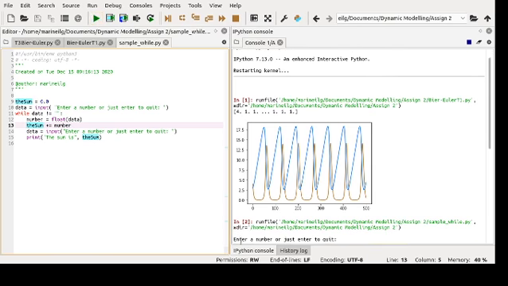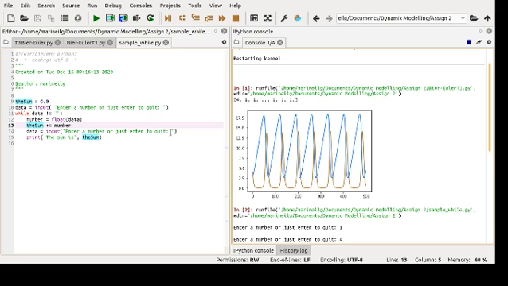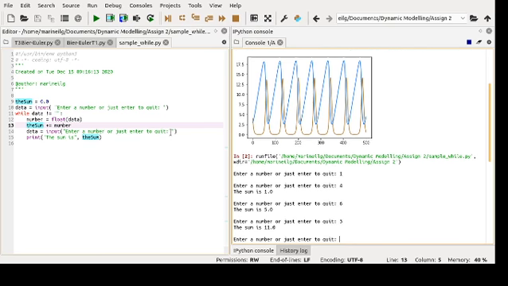So enter a number. If I enter a number, let's say 1, it will get my number, but it will still allow me to input another number. So it is asking me to input another number. So let's just input another number. It will continuously ask me to input numbers unless I input a blank.